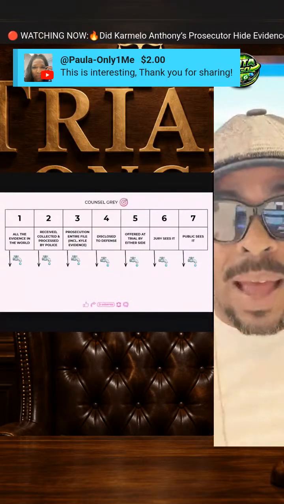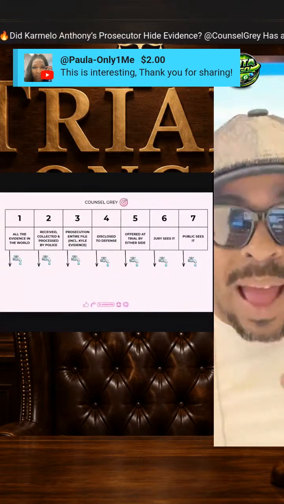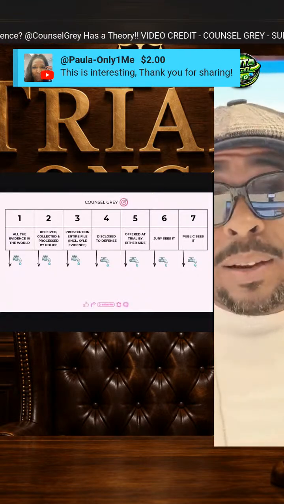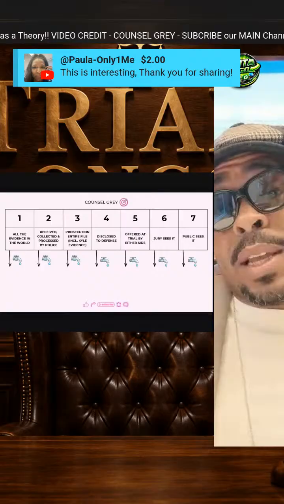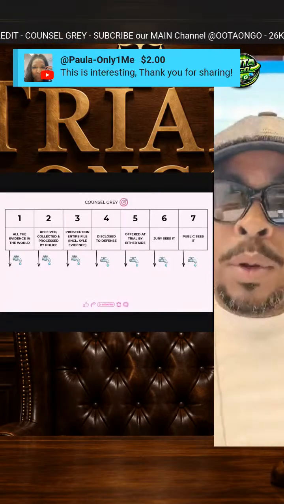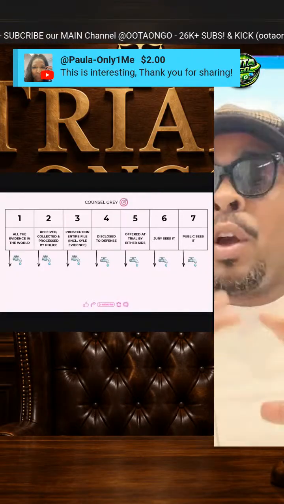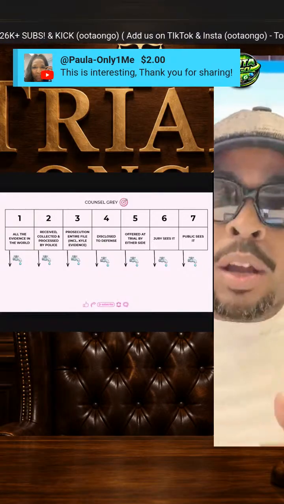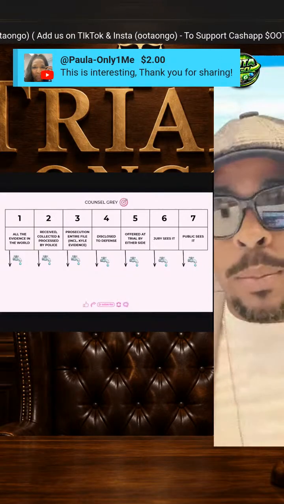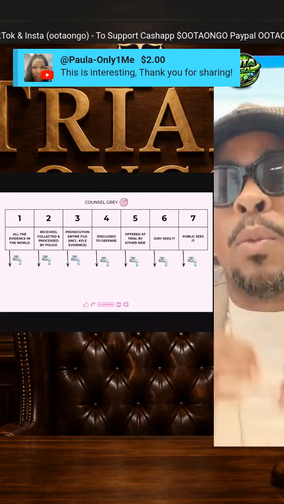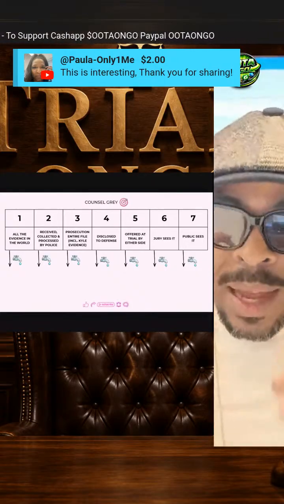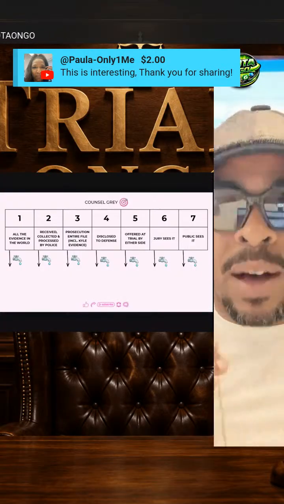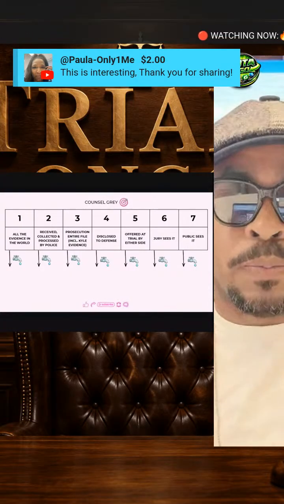Everybody's not legally savvy, but this kind of breakdown shows what happens to evidence, because we know we're speculating. I think that he got a lackluster defense. Some people are saying that they think the defense was in on the whole fix. So when we start to see what happens with evidence and the whole process, now we can start to make better, engaging arguments when we're talking online, when we're talking amongst each other, amongst our peers. So that's why I brought this video specifically from a lawyer for her to break it down for us so that we can all listen to it, you know? Salute to y'all.